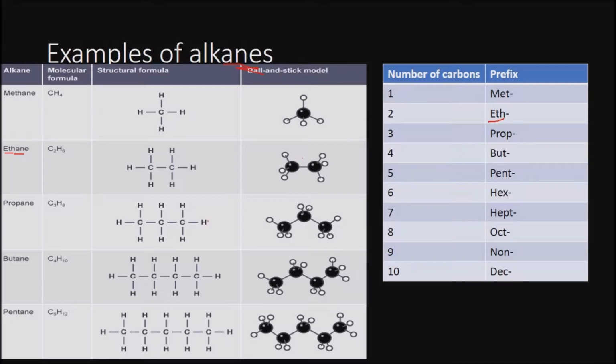Now let's see the pentane. It has 5 carbon atoms, and so it has the prefix pent. And as I already said, we're talking about alkanes, so it has the suffix ane. This is the molecular formula, how they are represented, and this is the structural formula in a more graphical way. But what if